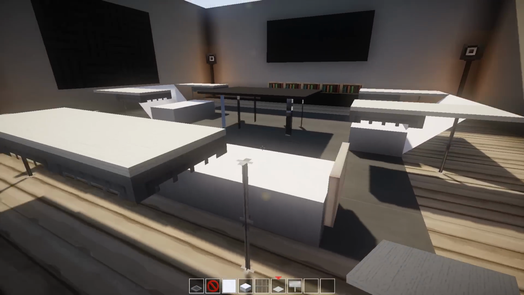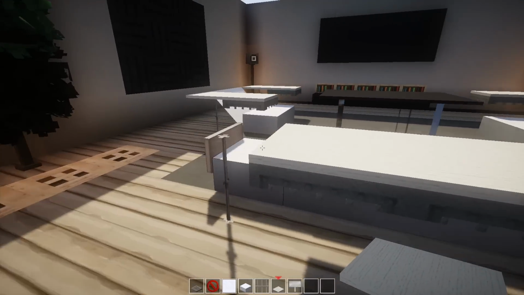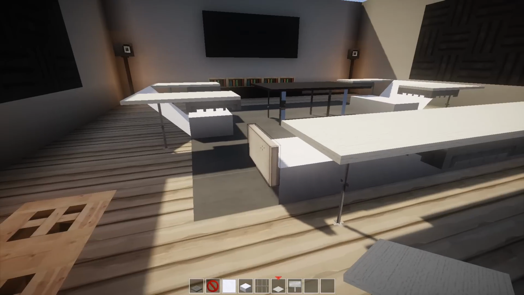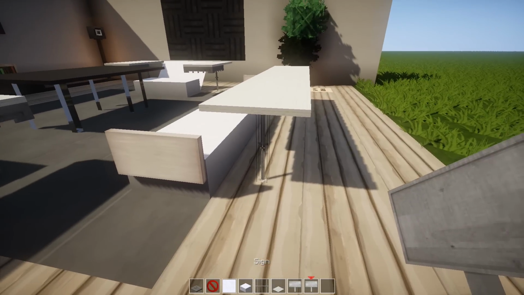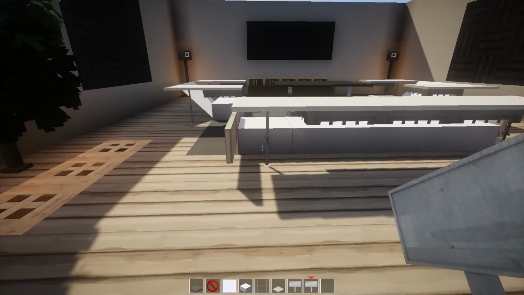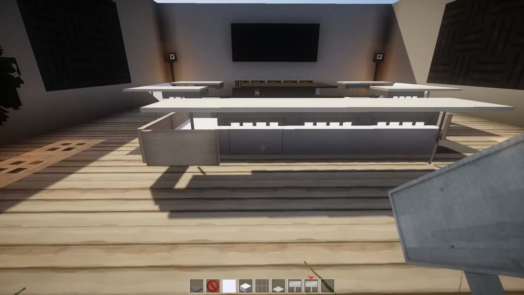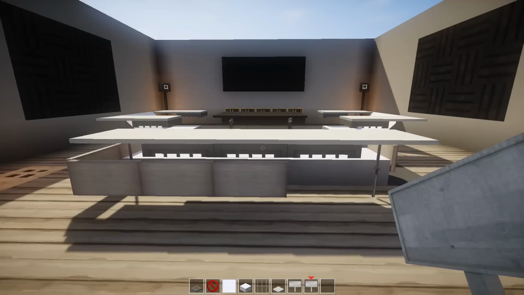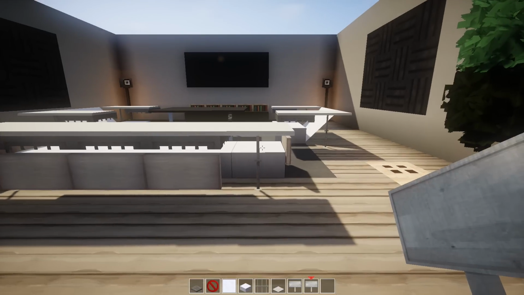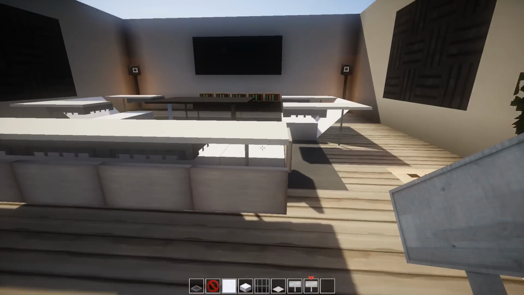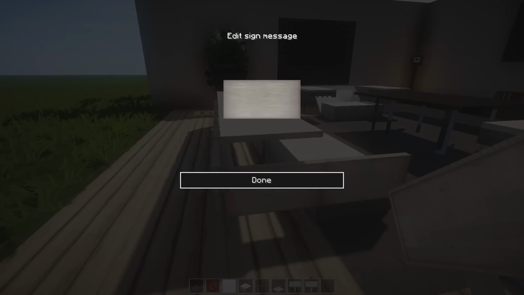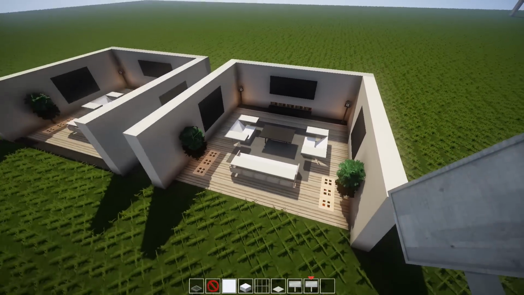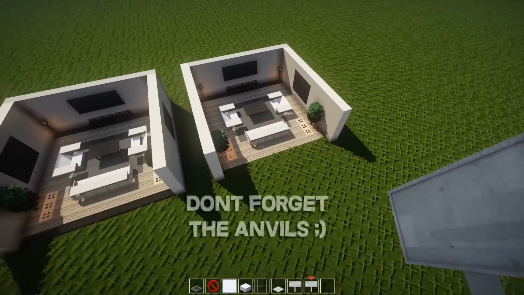So we're going to be putting down some trapdoors here, putting some carpet over the back, and then what we're going to do is just simply carry the signs around the side and around the back, which just kind of hides this section off, makes it look a little bit cooler, you know. So you're going to want to crouch and make sure you hit the back of them trapdoors. That's how it's going to go down. Bam, like that. And I think, if I'm correct, we've got everything done here.